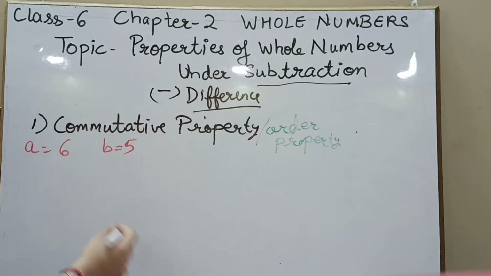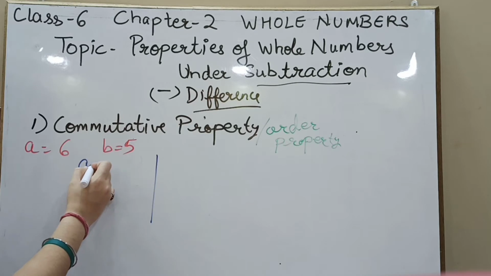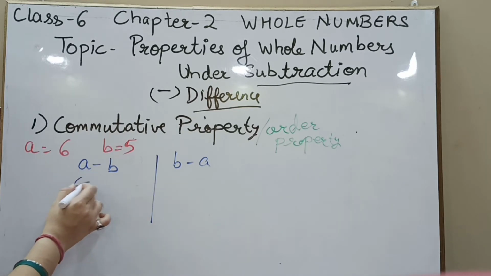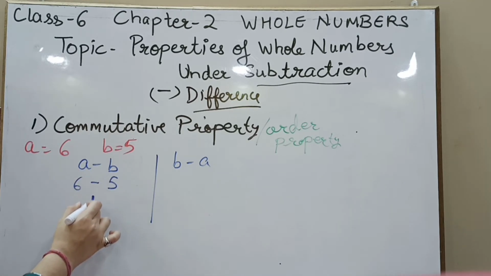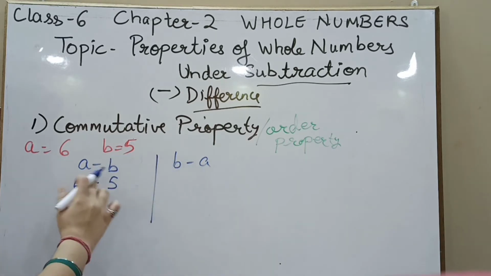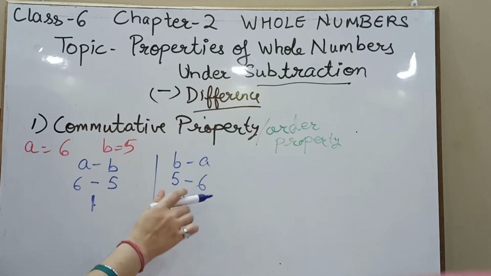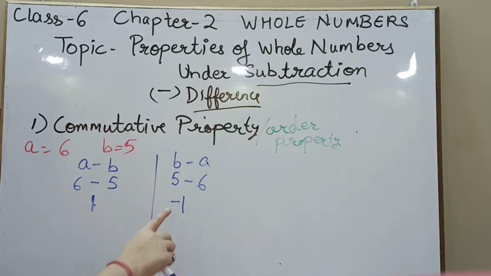Let's see that. If I do one case, a minus b, अब मुझे order को change करना है, b minus a. Let's check it out. a minus b is 6 minus 5. Answer is 1. अब मुझे b minus a करना है, यानी कि 5 minus 6. The answer will be minus 1, because यहाँ पे 5 में से 6 नहीं, 6 में से 5 minus करो और answer हमेशा बड़े number का sign आएगा. This is minus 1, which is not equal. So commutative property is not true under the operation of subtraction.